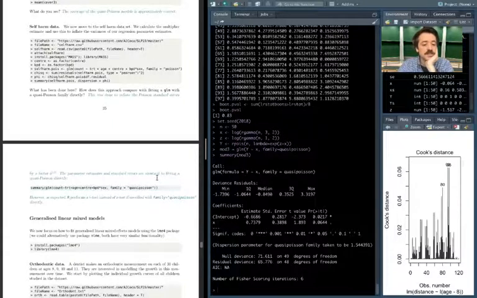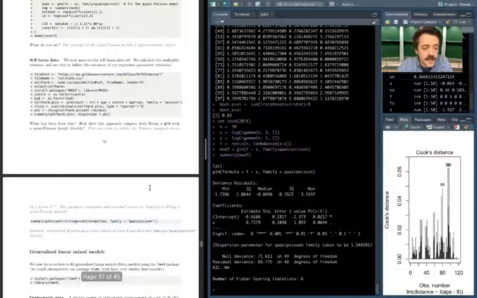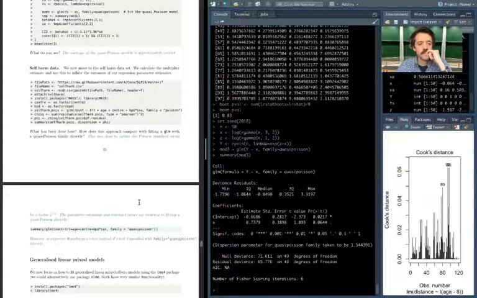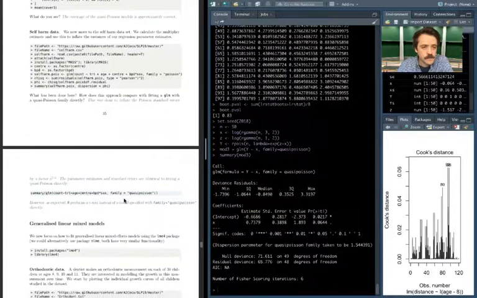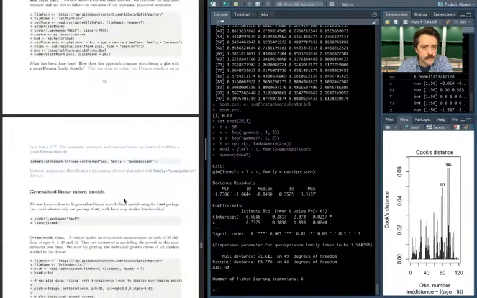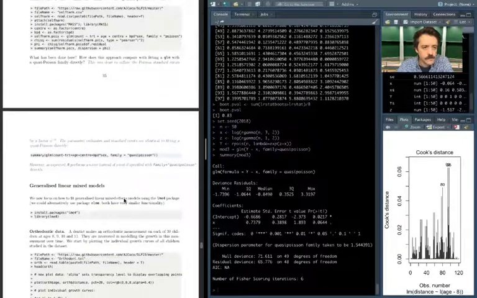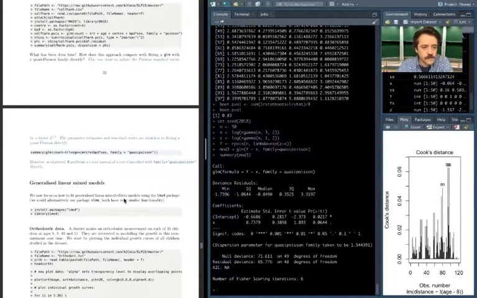I think this one is just pretty much the same as the previous one. So just looking at how this has been done here,